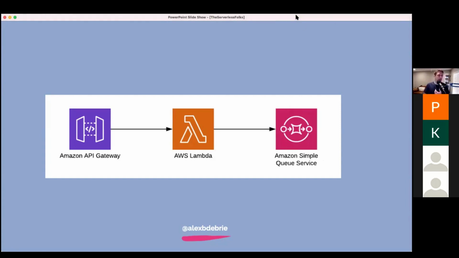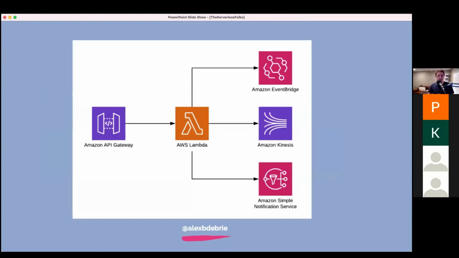Cool. Yeah. So anyway, it might be using something like SQS where you're dropping messages into a queue to do some async processing downstream, or it might be any of these fan out type services or processing services like Amazon EventBridge, which is a really cool new one, Amazon Kinesis for stream processing, SNS, kind of an old guard. But really what you're going to need probably somewhere down the line is you're going to